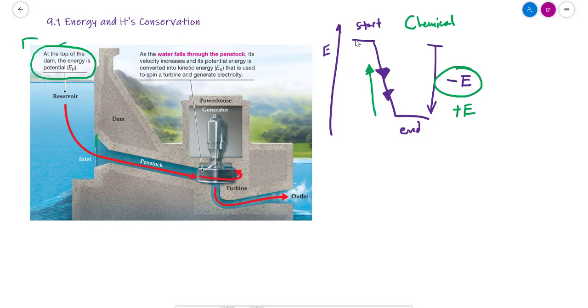So if we open up this gate here where it says inlet and we allow this water to flow, and we have in line a generator or a turbine, we can take the potential energy and allow that to do work on this generator, in which the energy is not being created or destroyed, right? This generator can then go to some power lines that run to your house and they're powering your computer right now. But that energy went from the form of potential energy in water in gravity to kinetic energy in turning, literally rotating this turbine, to electrical energy that is used to power your device,